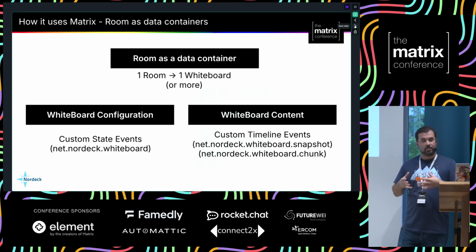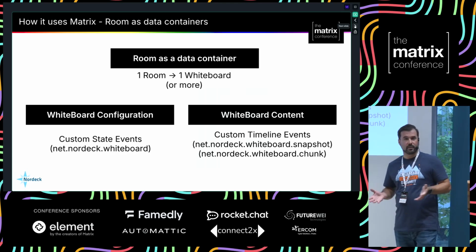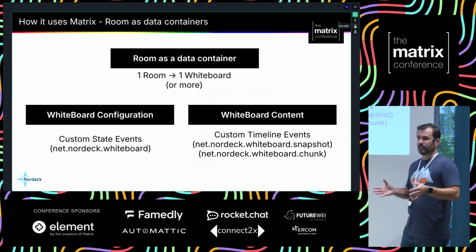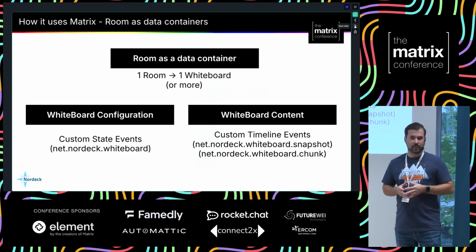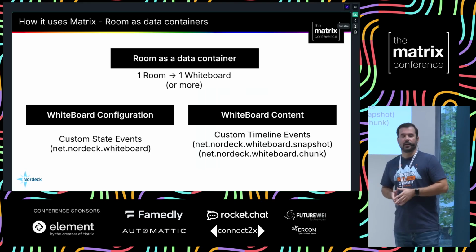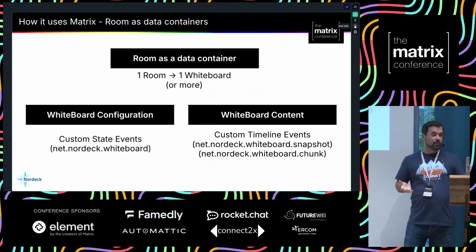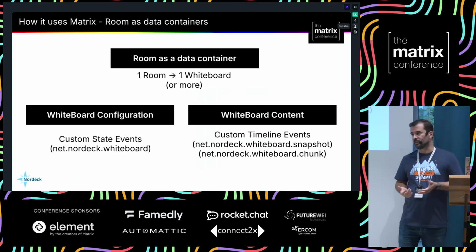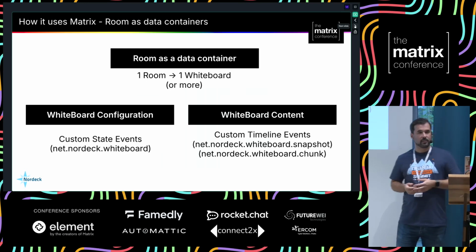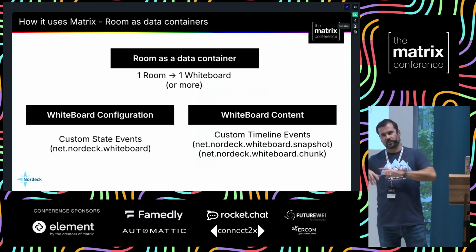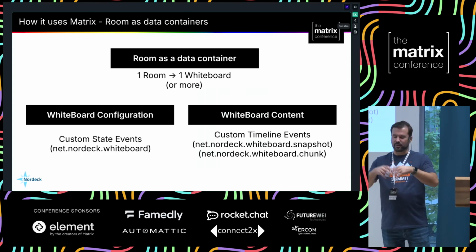Because we're using the Matrix protocol, our concept for data is that a room is a data container. For each room, you have a NeoBoard. That's not a fixed thing. Our data model supports more than one whiteboard in a room. We do support this scenario. And we keep the whiteboard configuration within custom state events in the room state. We have our own custom type, and the whiteboard contents, so the drawings and the pictures. The pictures are a different situation, but the links to the pictures are in this document that gets stored